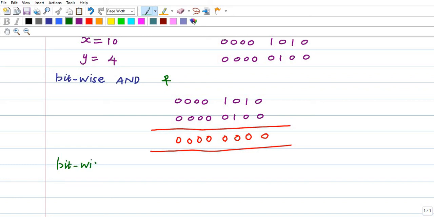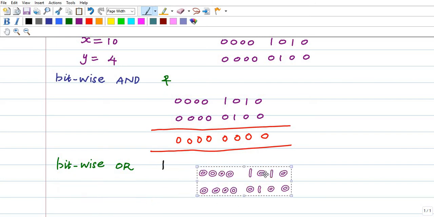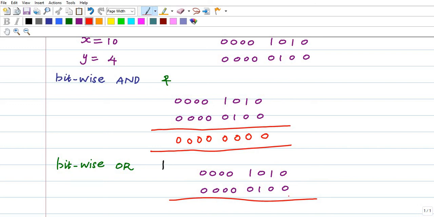Then the next one, bitwise OR operation. The symbol for OR is the pipe symbol. Let me use the binary equivalents of x and y and do the bitwise OR operation. 0 and 0 is 0.